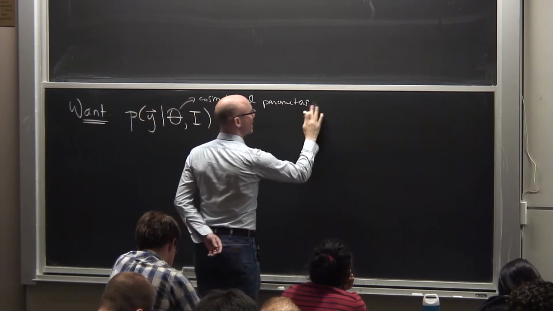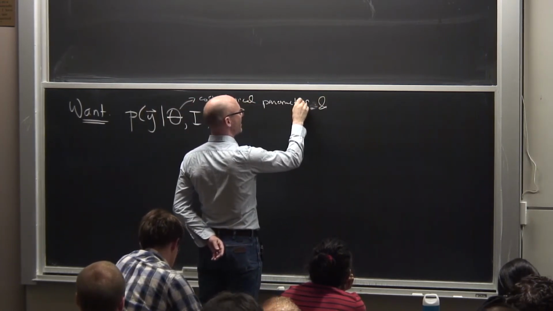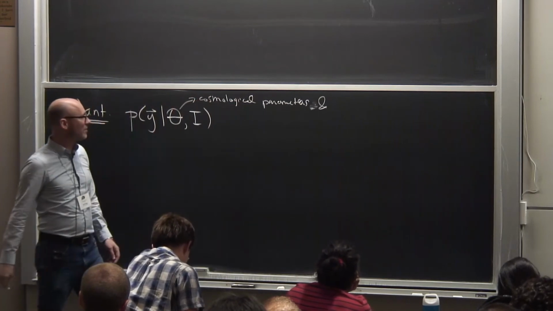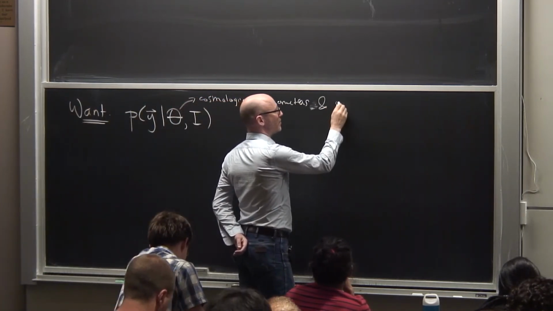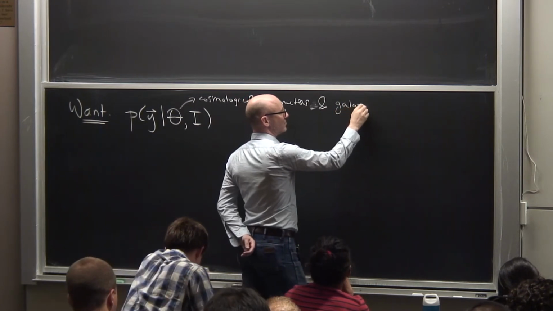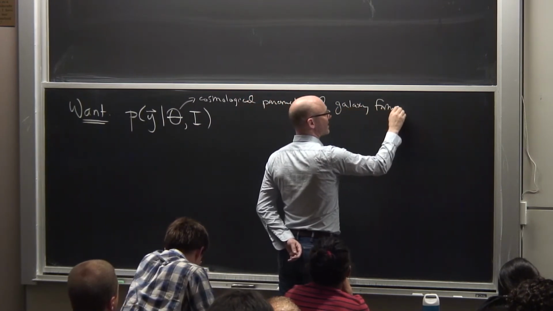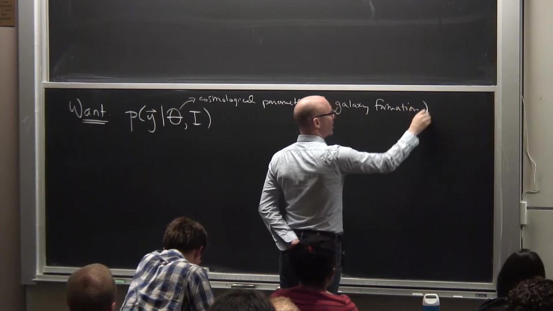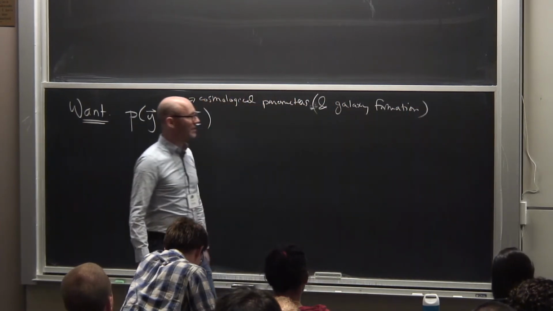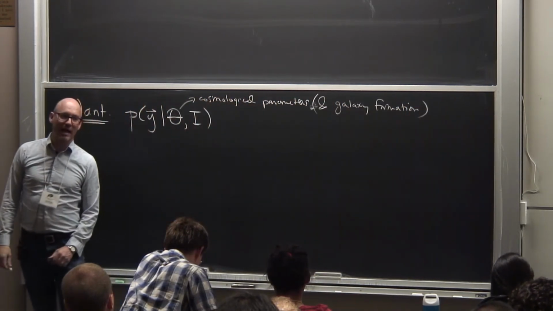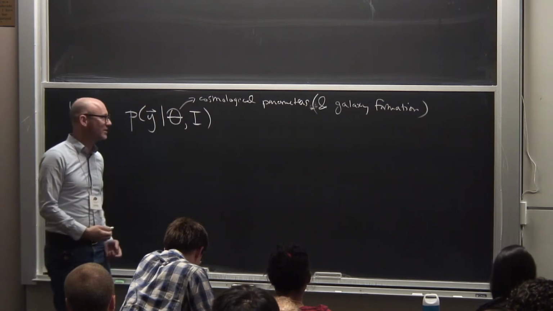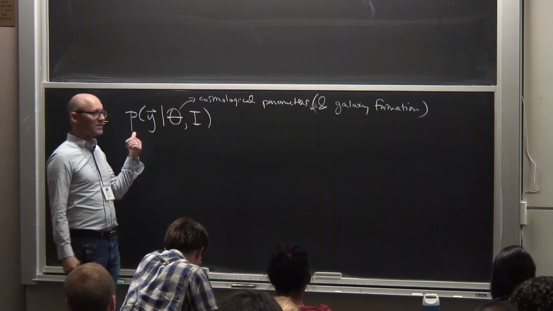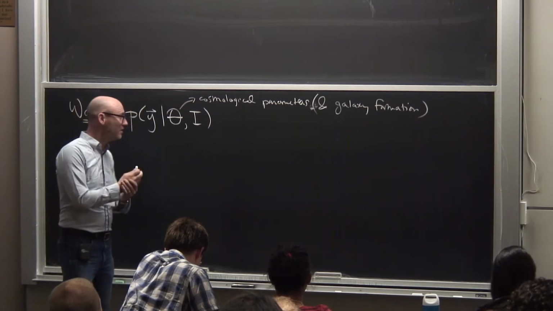And plus, I should say, it's cosmological, that's supposed to say parameters. The cosmological parameters and some parameters about galaxy formation, right? Because these simulations are not just cosmological simulations, they are also galaxy formation. They have to place galaxies into the simulation as well, because the summary statistics were made on a galaxy survey.